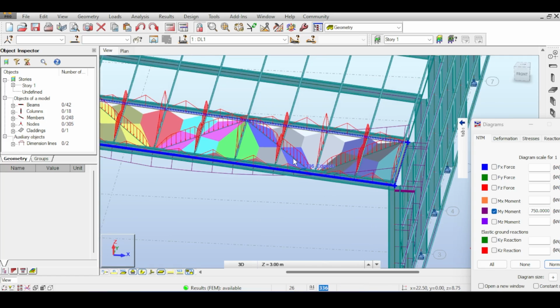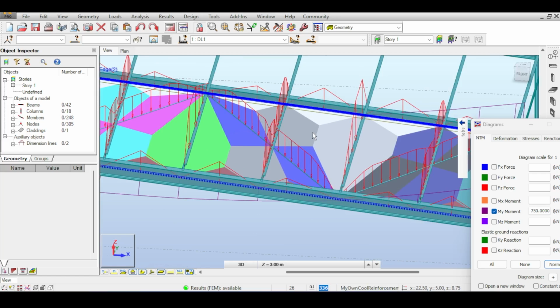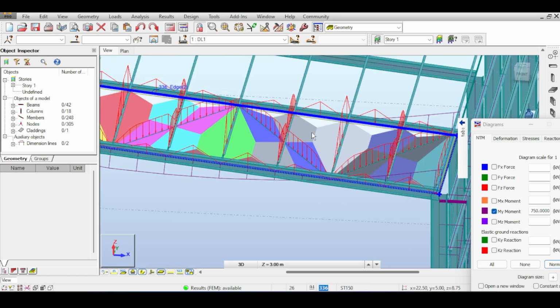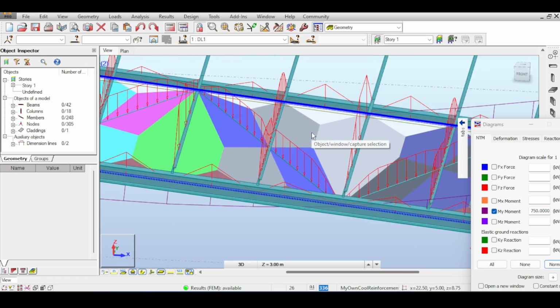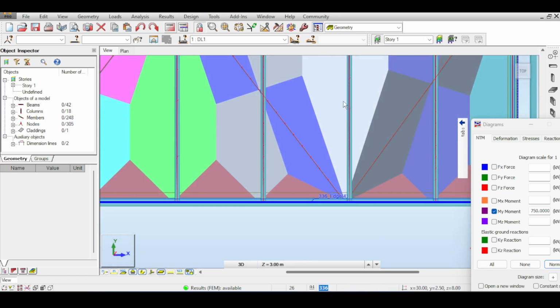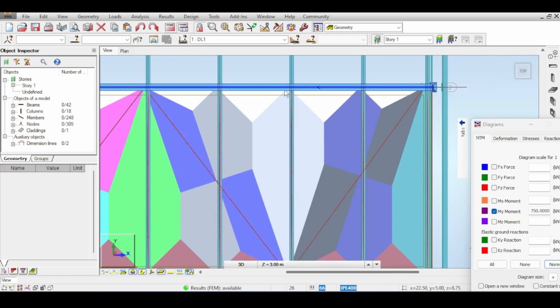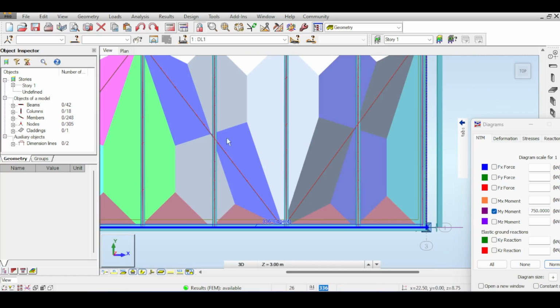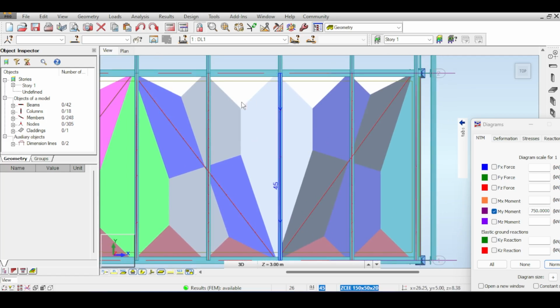What happened here is that because you have a cladding, Robot just distributes the load of the cladding on all the elements that surround the cladding. What do I mean by this? If you go to top, you can see it. You see, for example, this has one rafter, a purlin, and a bracing. And you can see Autodesk Robot creating triangles and trapezoids to distribute the force between the rafter, the purlin, and